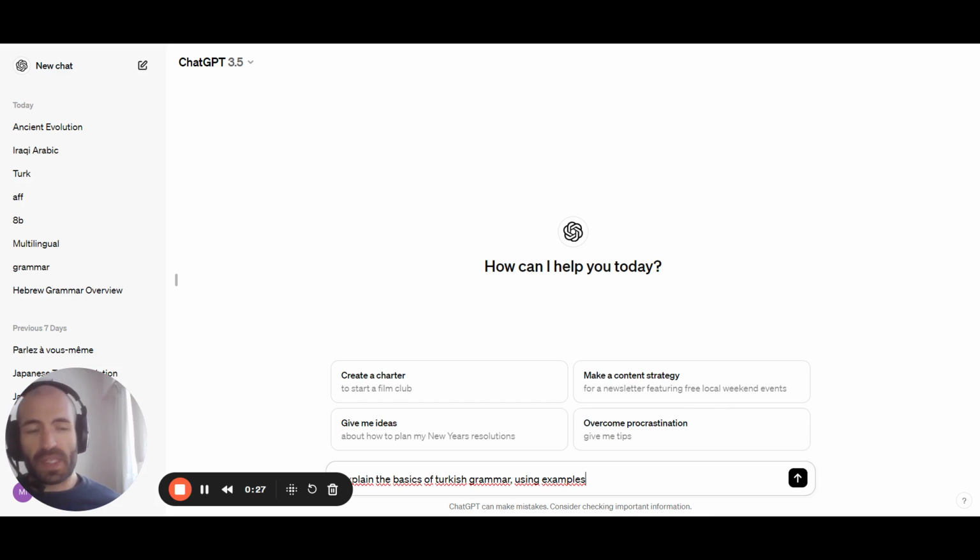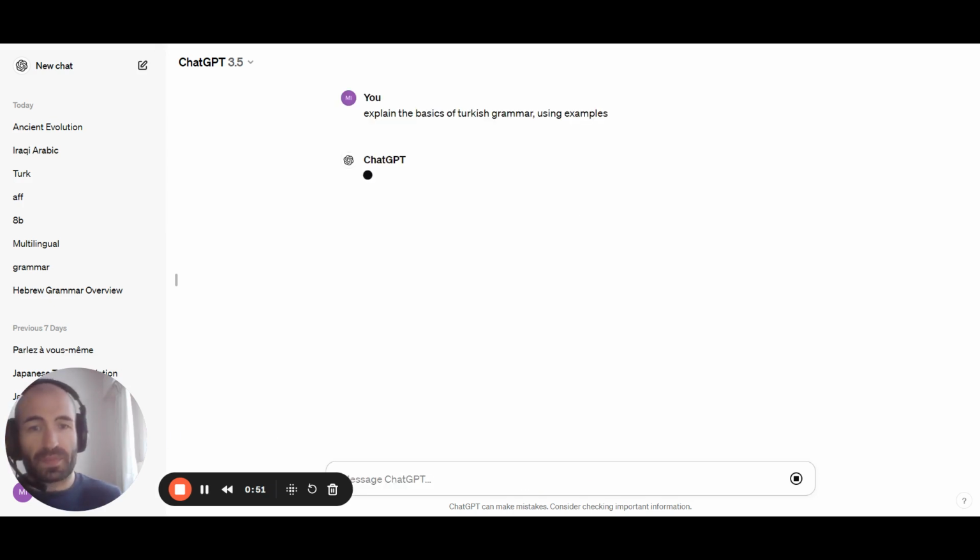it works. And the best thing you can do is just take a quick look at it and then go back to looking at sentences in context and listening and all that. Yeah, mostly learn vocab. Grammar will be useful only if you know the vocab. Anyway, you come to ChatGPT and you type, explain the basics of Turkish grammar, for example, using examples,